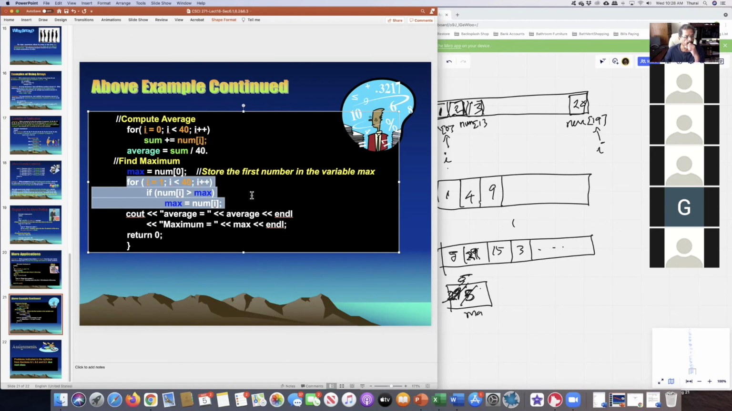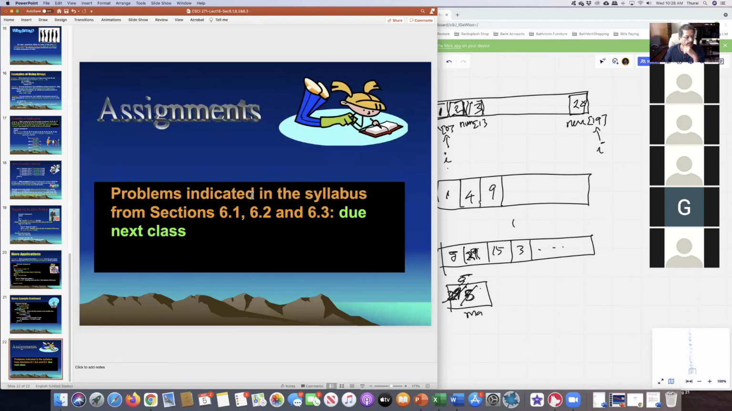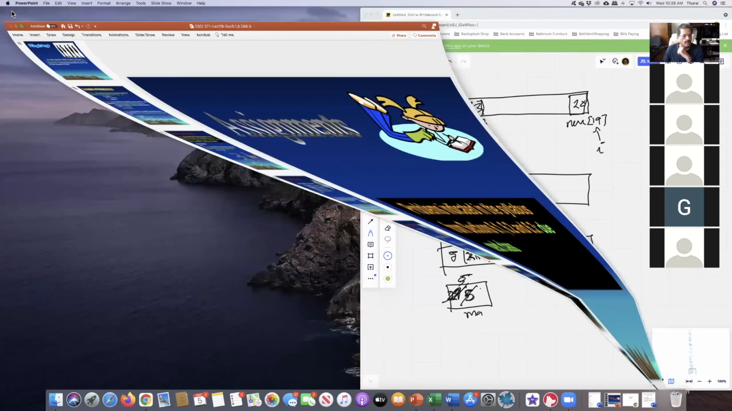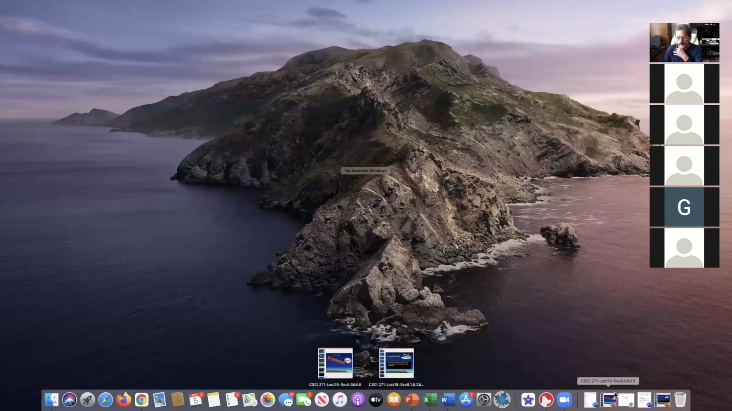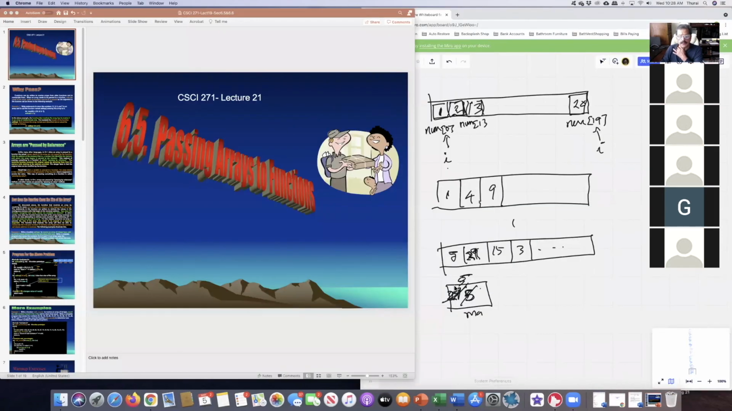All right, moving on. That finishes that section, and you need to do the assignment problems. The link is already up there. We are moving on to the next section, which is